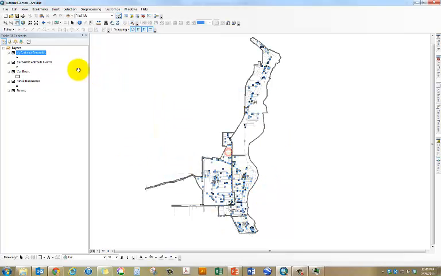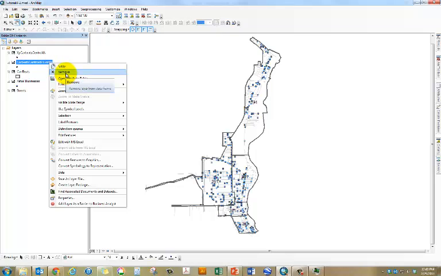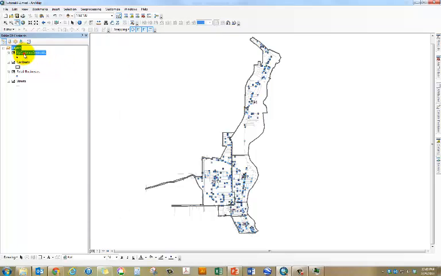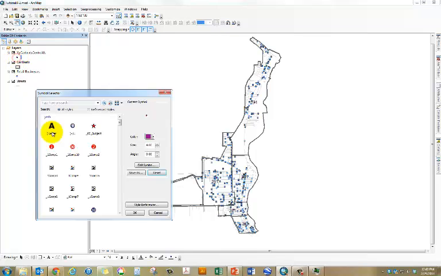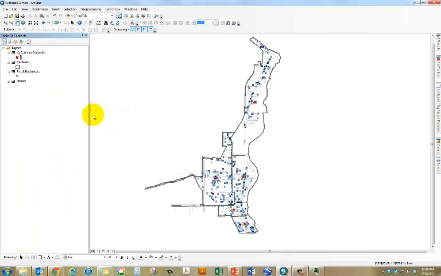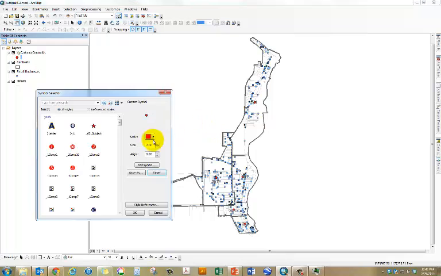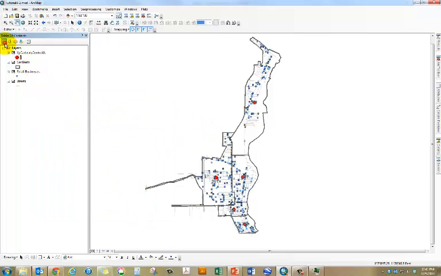Once that is in the map document, I'm going to remove the XY event file, and then I'm going to give it a more prominent color and size so that I can see it clearly. Okay, now that that's done,